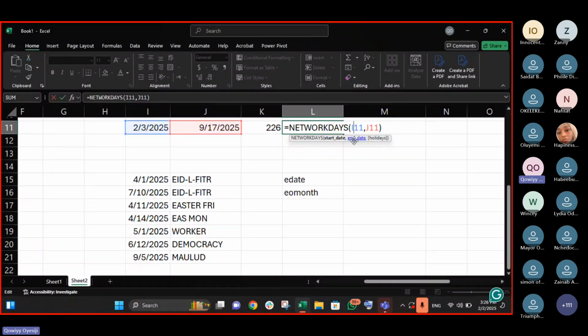Let me come again. Whenever we are having a function, and one of the arguments that it is telling us we need to supply is in a square bracket like this, what it is telling us is that particular argument is not compulsory. If we put it, it is going to make our work better. If we do not put it, it's not going to affect our results. I hope that is clear. So when I say comma, this is my holiday, I will just list it like this. If you notice that I did not arrange them, the arrangement does not matter. Exactly. The arrangement does not matter.